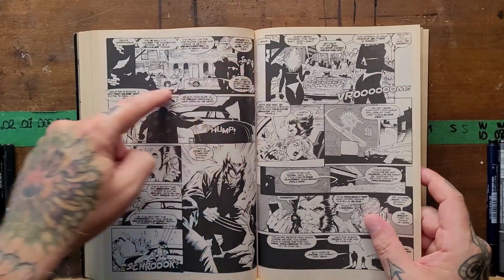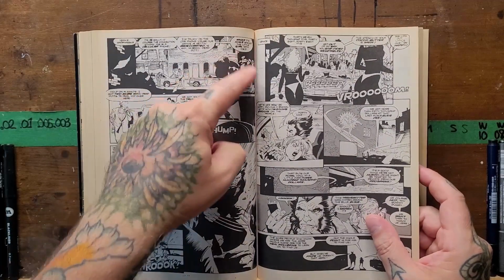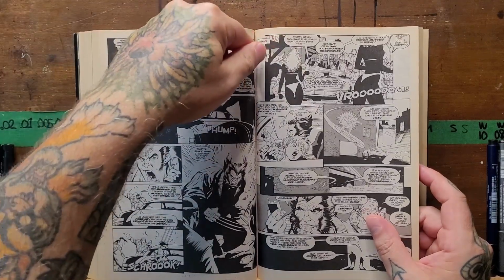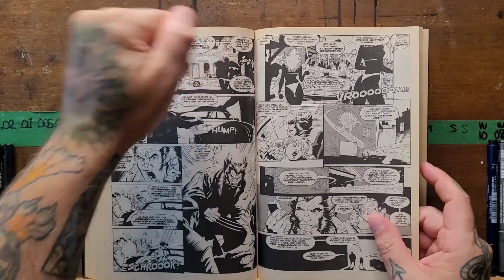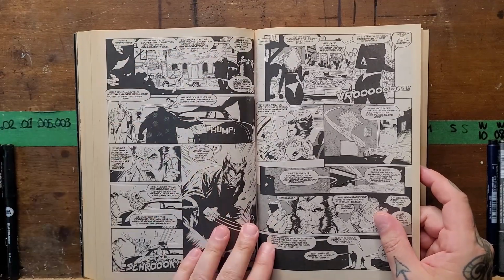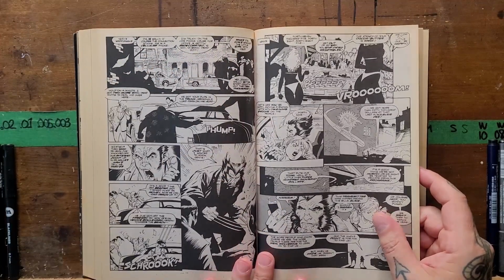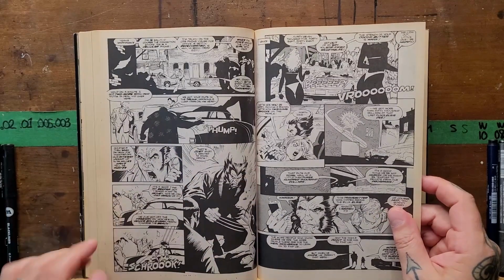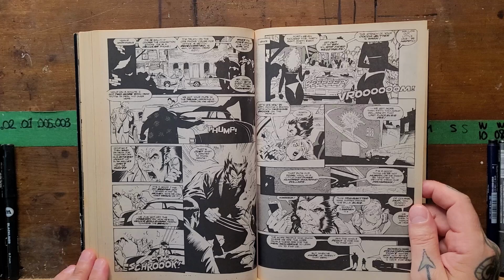Like this, the foreground, almost all in silhouette, right? Just a few kind of top lit reflections here to give us some bins, some garbage. There's a person here, right? And then all of this pretty clear, just fairly open lines everywhere. More Buscema here. But as I said, this is very Silvestri, really coming into his own slowly but